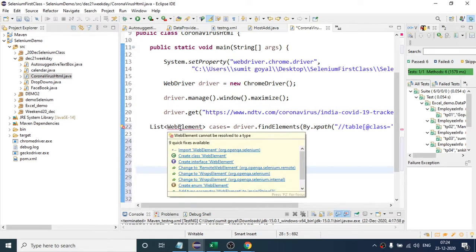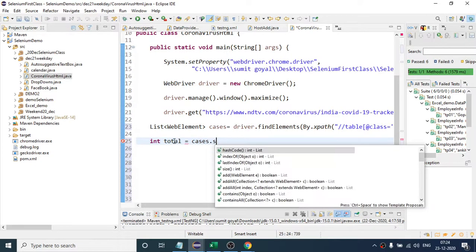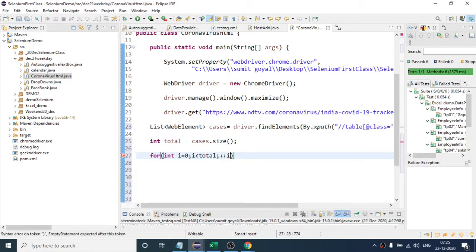Now import the package for this. If I write int total cases, I can say cases dot size, so it will return 36 entries in total. And after that I will write one for loop. This is our for loop, i equals 0 to i less than total. So it will run 36 times, because we have a total of 36 entries in that table.